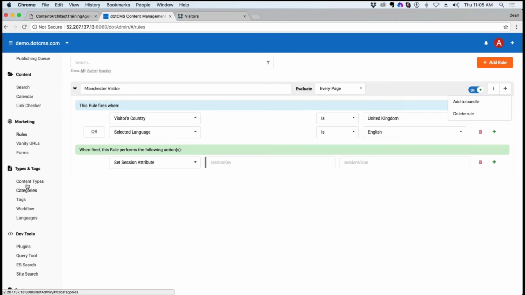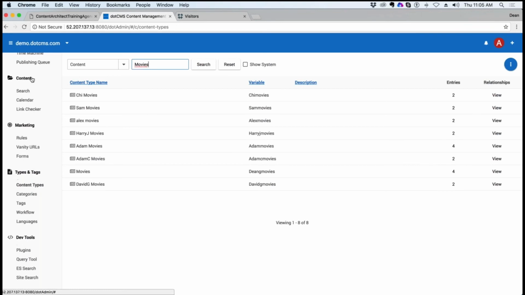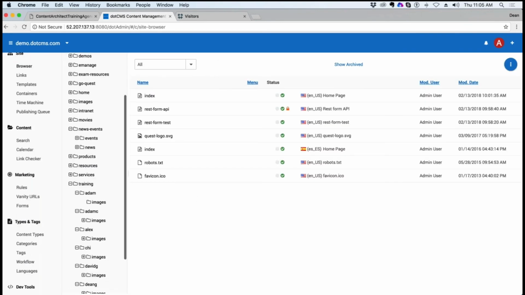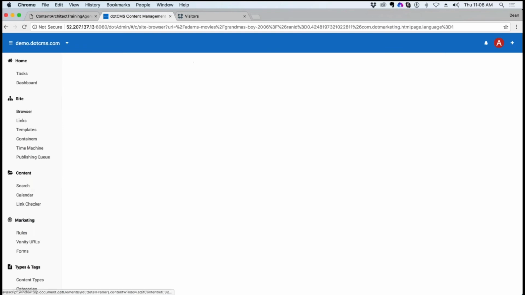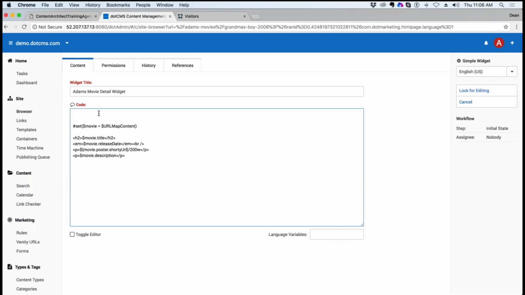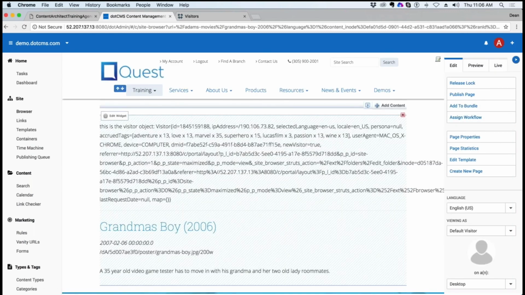So if I wanted to look and see what I was getting on my pages, I could take a look here in my browser. And all right, so I will go to Adam, go to his movies, and if I click Grandma's Boy, I edit the widget here. I will set this is the visitor object. Visitor. And save and publish. And then this is everything about me. So this is my IP address, my selected language in my browser, my locale, where I am, the accrued tags on me because of the things I've been clicking on, and you can see it even picks up that I've been clicking on movies and Lucasfilm movies and,